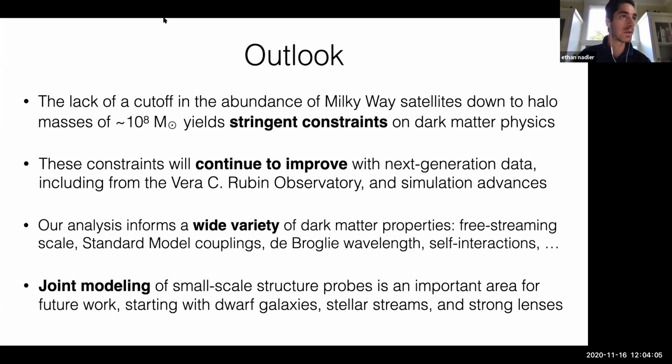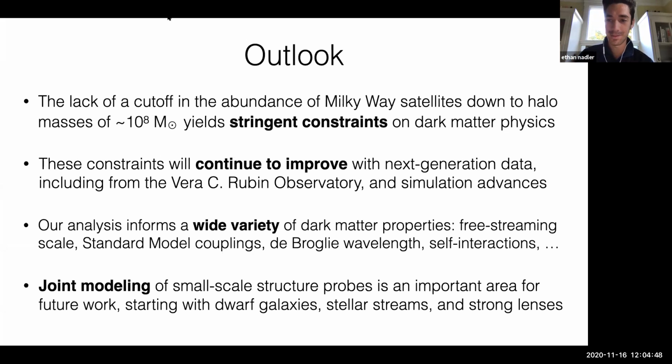Yeah, absolutely. I didn't go into the technical details, but what we do in the fit is jointly fit the luminosity function, the half-light radius distribution, so effectively the surface brightness distribution, and the radial distribution of the satellites. The radial distribution, as with the luminosity functions I was showing you, is consistent with the data, and the constraints there are on the efficiency of subhalo disruption due to the disk. Those constraints are driven particularly by the radial distribution in the inner 100 kiloparsecs or so. So it's definitely informative and actually quite important.